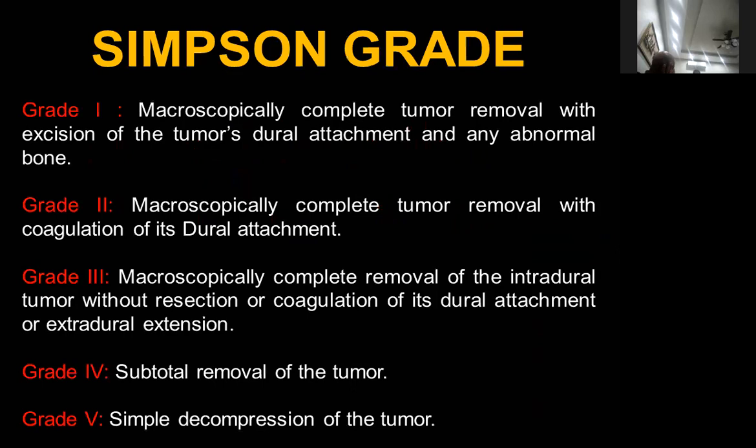There is something called Simpson grade. Simpson is a British neurosurgeon. In 1957, he arranged this classification, still holding, of how much of the tumor you remove. You remove everything: the tumor, the bone, the dura, you drill. This is called grade 1. This is the best. If you do that, taking the tumor and the dura and the bone, drilling everything, you have a chance of recurrence of 5 to 9%. So even if you are aggressive, there is still a high rate of recurrence. If you don't, if it is subtotal, then it is 100% recurrence, and most likely it will tend to be malignant.